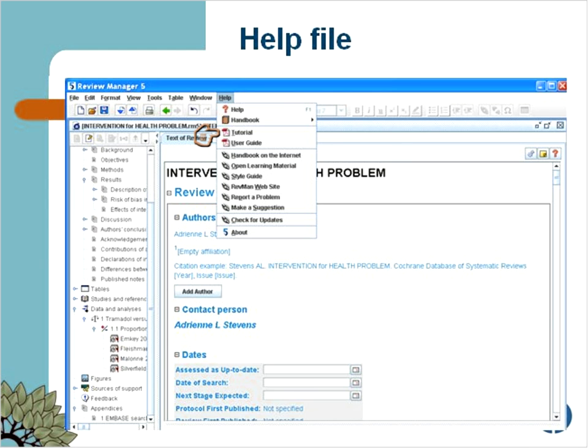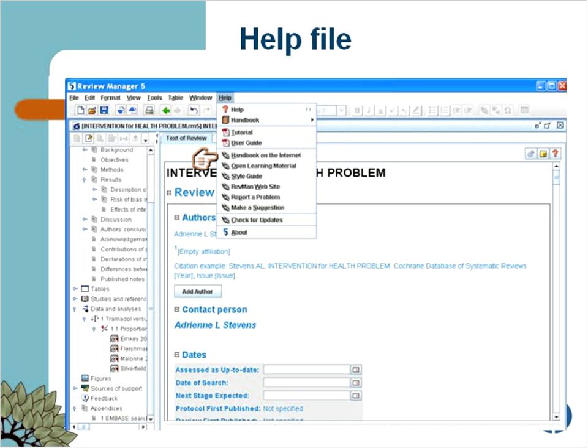So even though today was more of an overview of the features and how to work with RevMan 5, if you're not at a stage where you're ready to work with a review, or if you're still at the title stage in terms of registering one with a Cochrane review group, then if you want some actual hands-on experience, you can access the tutorial. That's the PDF guide that's available there. When you download RevMan 5 from the IMS site, there is a tutorial file, a sample RevMan file that goes hand in hand with this PDF, and you can work step-by-step through some of the features.